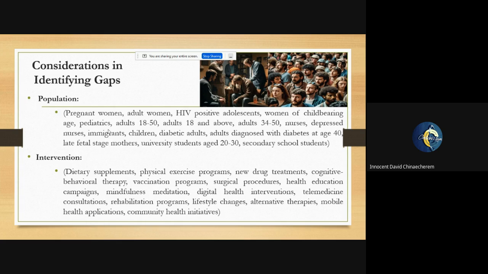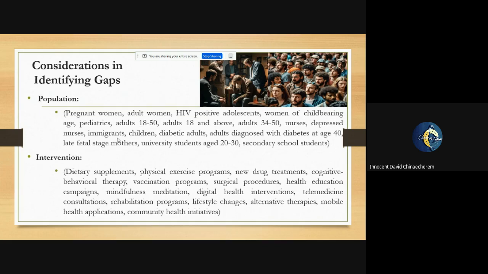And if it happens that depression in nurses is still getting very high, then that means my review is very, very important. So that when policy makers, people who are going to console those nurses, people who are going to calm them down, people who are going to proffer drugs to those nurses, can use the data from my systematic review to make evidence-based decisions. Because if WHO should say that dietary supplements are important for late fetal stage mothers,